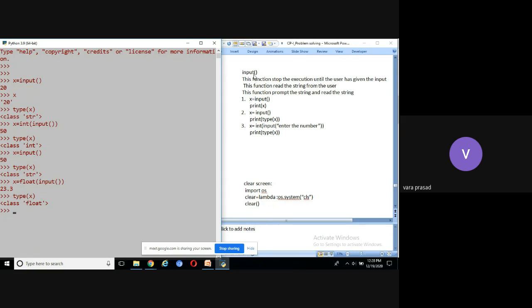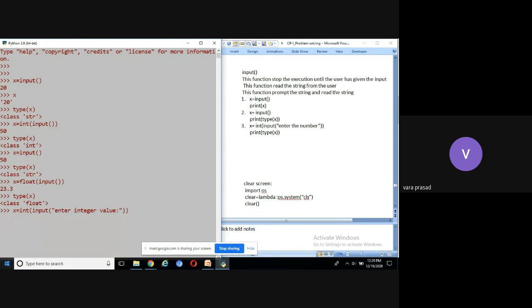The input function can prompt a string and read a string. Now you can see x equal to int open parenthesis input open parenthesis in double quotes, enter integer value colon, close double quotes, close parenthesis.